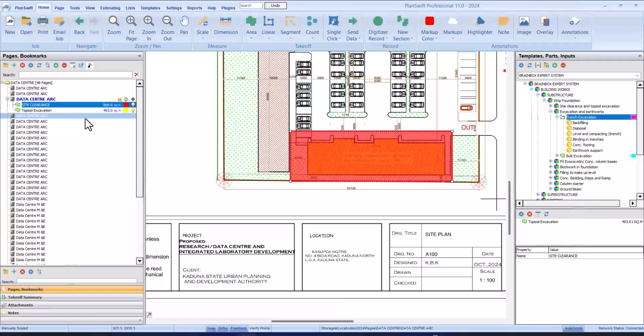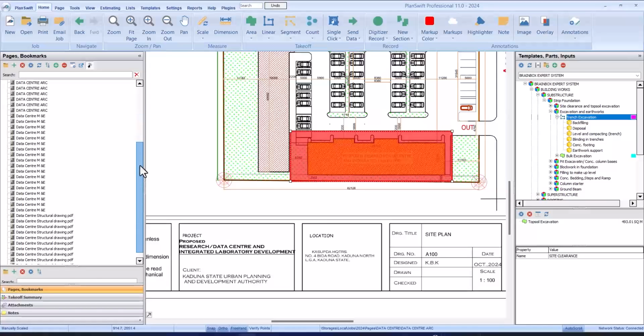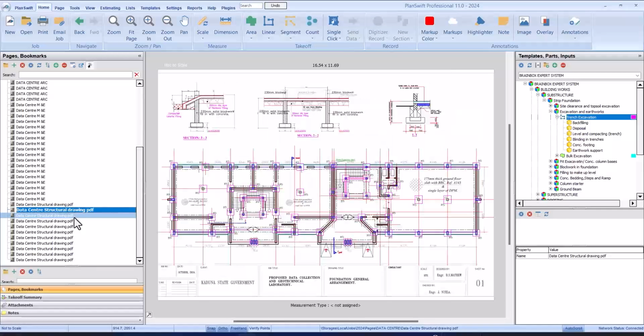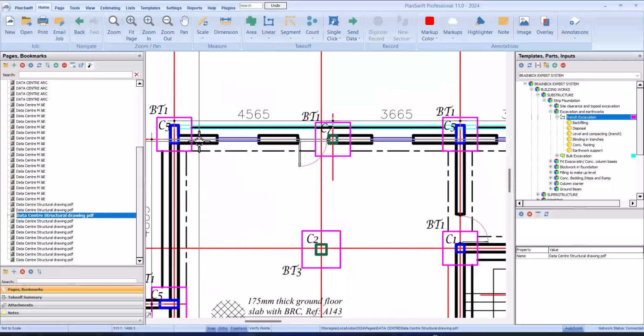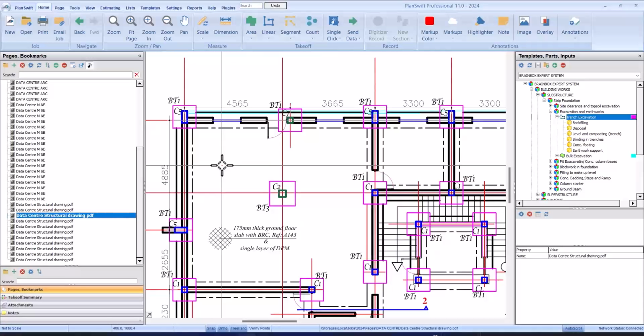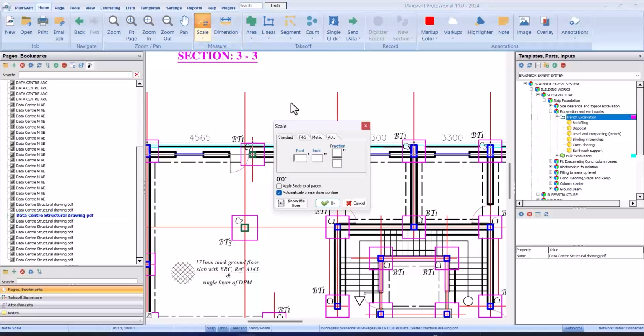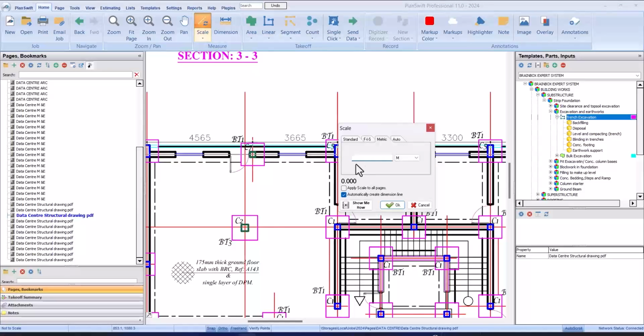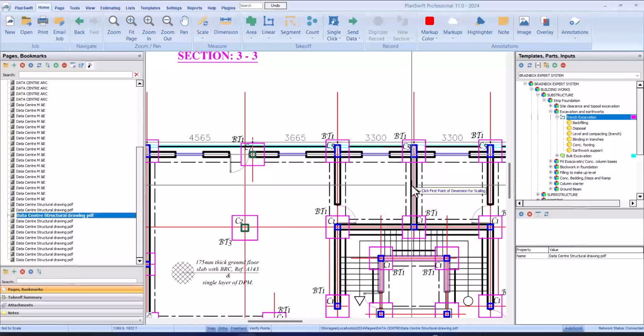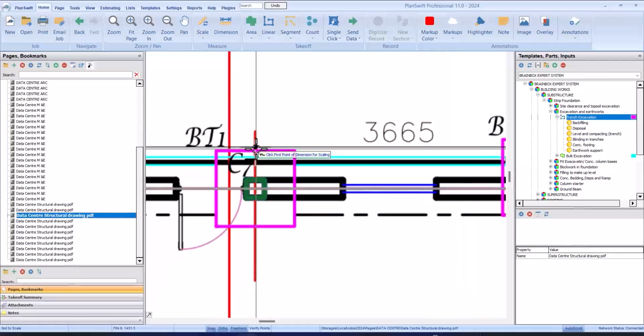So go back to the drawing. The drawing that will be more suitable for trench excavation is going to be your structural drawing. So that's the structural drawing. We have pit excavation here. So first scale the drawing. This is okay. Let's use this to scale, which is 3.665. Click OK. From this point